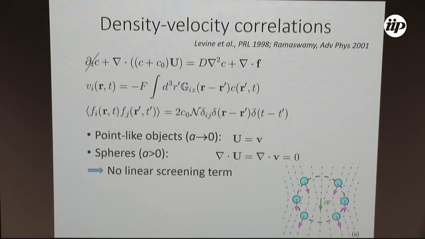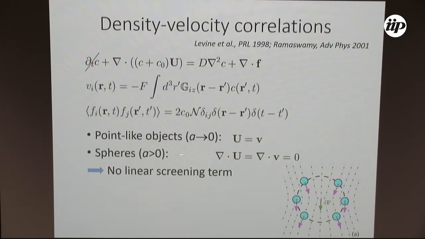So this is a diffusion equation with noise. The point is that once I know C, the fluctuation in concentration, I know immediately the fluctuation in the fluid velocity. And for the noise, we can assume the simplest assumption of Gaussian white noise, local. And here is an important point. I'm talking about the simplest case, which was treated by Alex Levin and co-workers. I take point-like particles, then the velocity of the objects, u, is equal to the velocity of the fluid around them, if they are point-like.